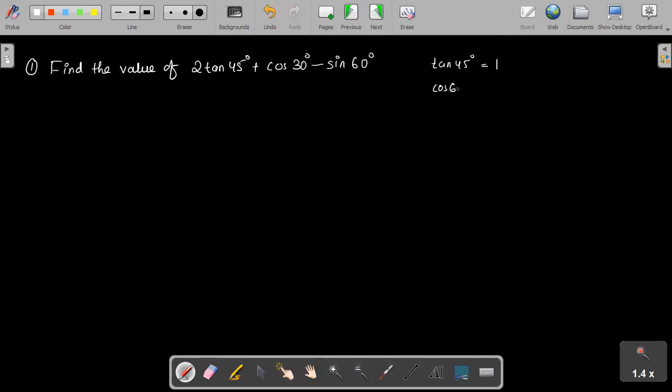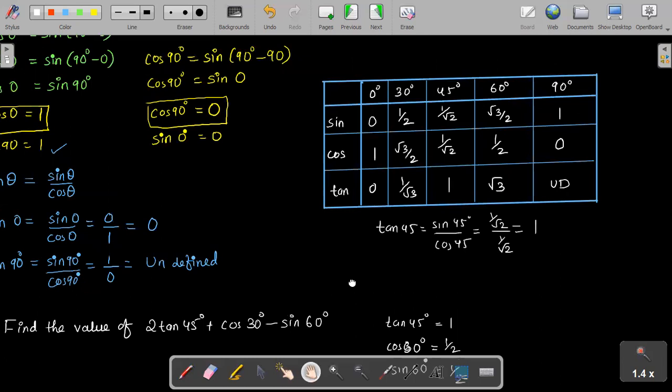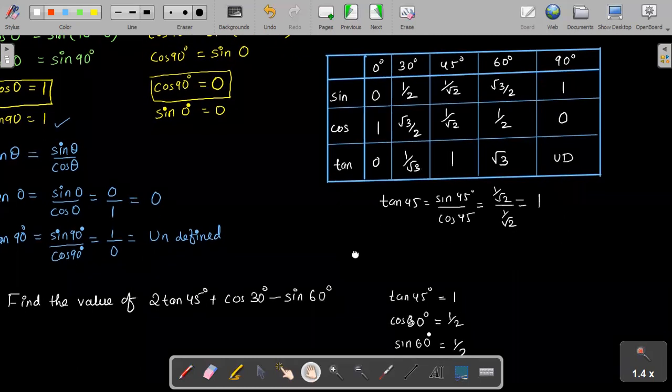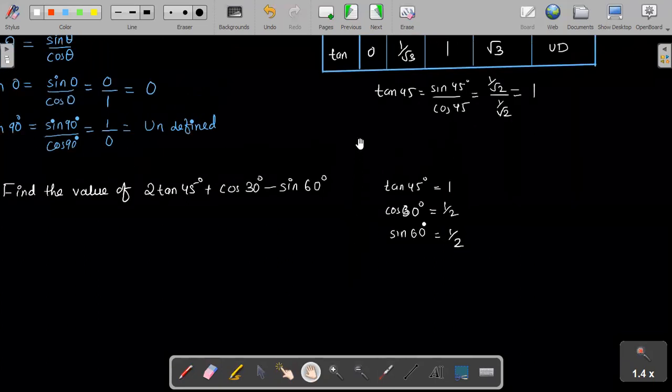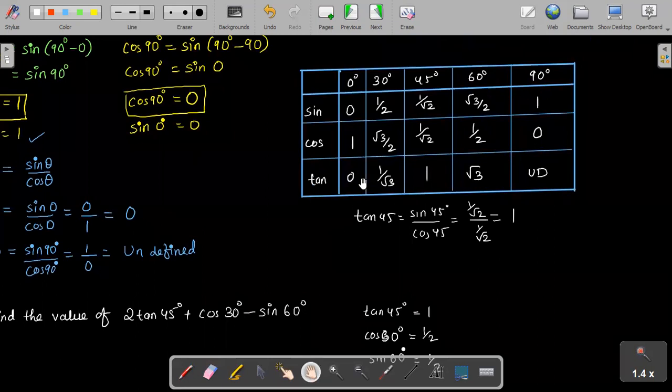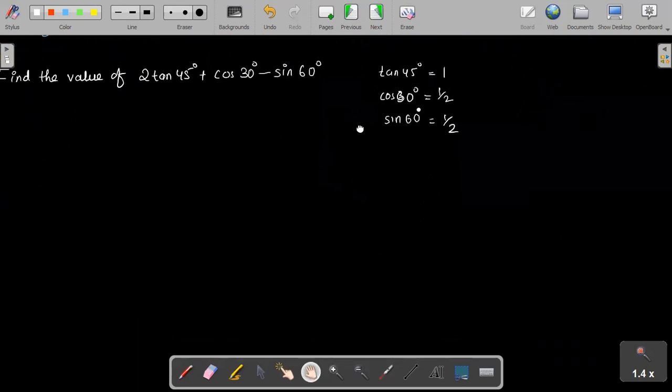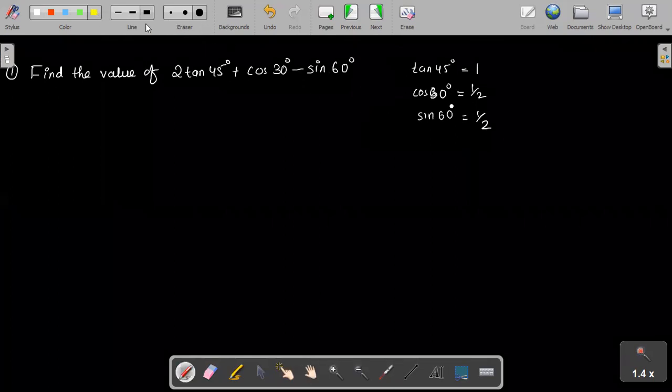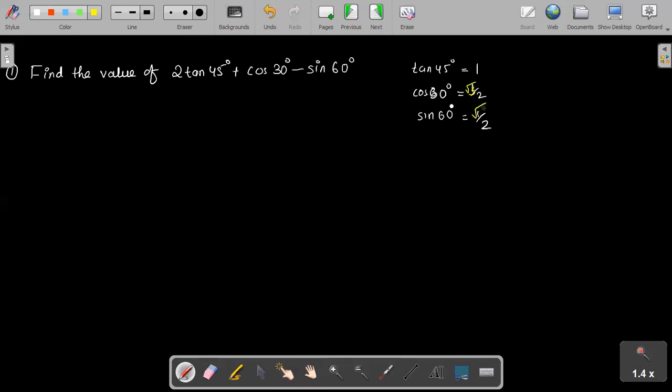What is that? One by two. Yeah, so they both have 1 by 2. This is also 1 by 2. This is also 1 by 2. Are you sure it is 1 by 2? No, ma'am. Cos 60 is 1 by 2. Okay, I am saying cos 30. Cos 30 is 1 by 2. No. Sir, cos 30 is root 3 by 2. Yeah, there will be confusion, so just train your brain. Root 3 by 2. Root 3 by 2.